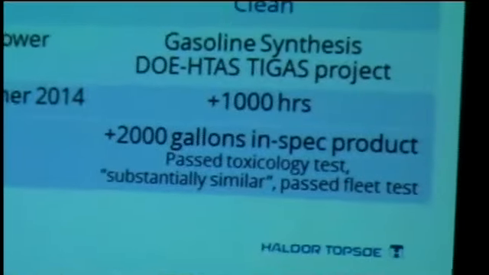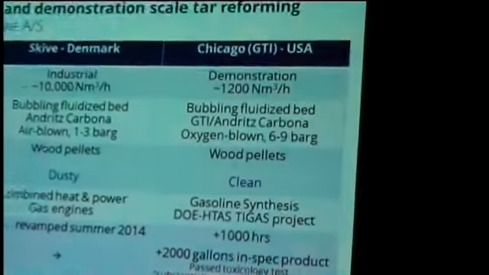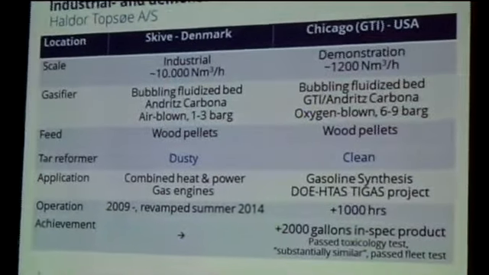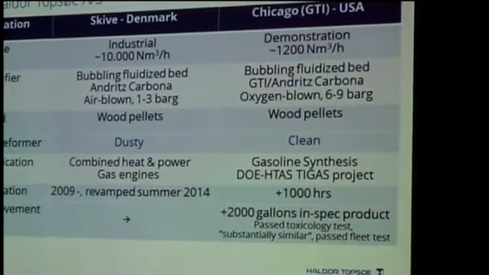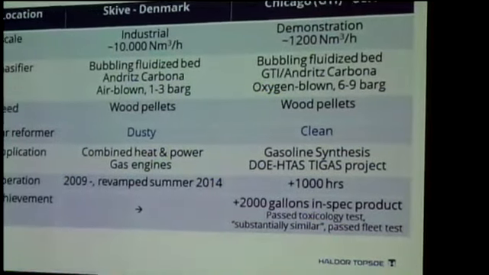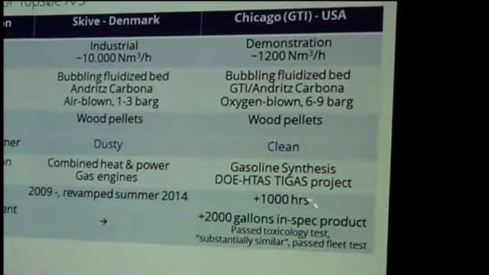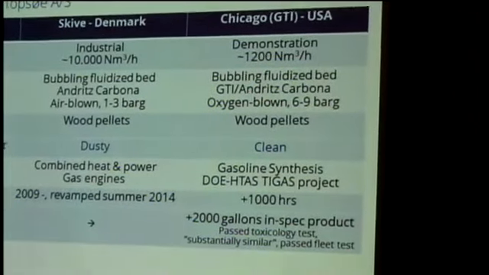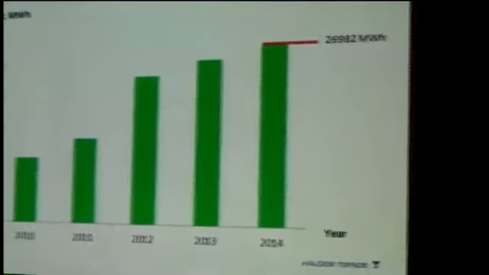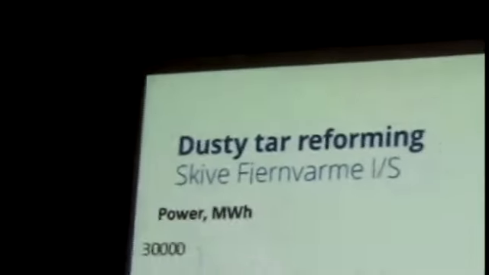producing gasoline. And in Skive we've been involved basically since they started operation in 2009, but Topsoe became involved in Skive in 2010 since they had tremendous problems getting up and running. And this summer, 2014, it was reformed with Topsoe technology. In Chicago we've been running about 1,200 hours and produced a number of gallons of in-spec gasoline. This is the evolving, how the production of power has gone up since we became involved in Skive in